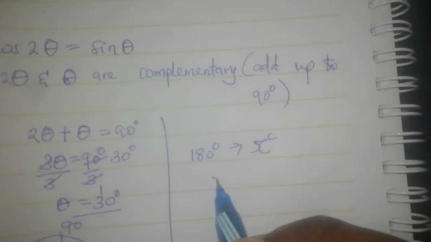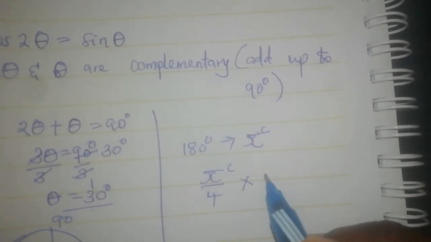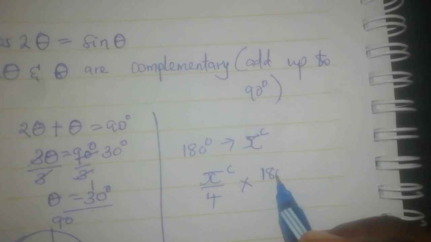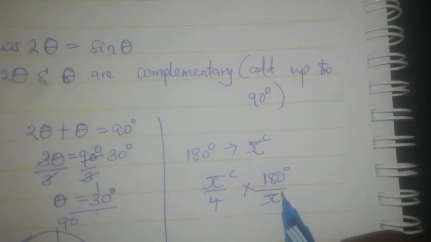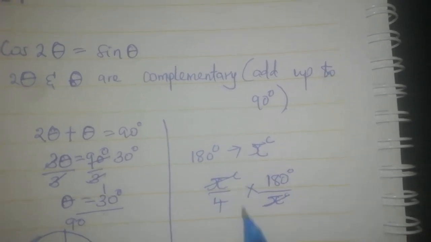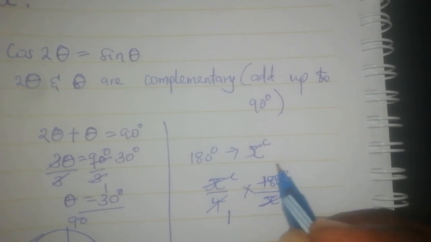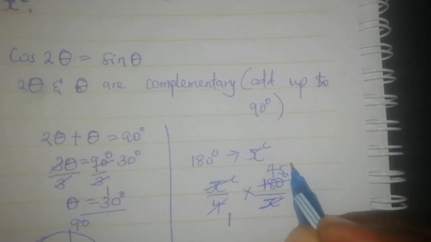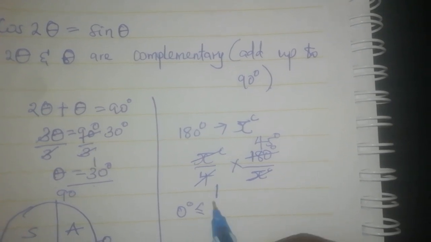To convert that, we have π/4 radians, we multiply by 180 degrees, then divide by π radians. So 180 divided by 4, you are going to get 45 degrees. So our range is the same as from 0 degrees to